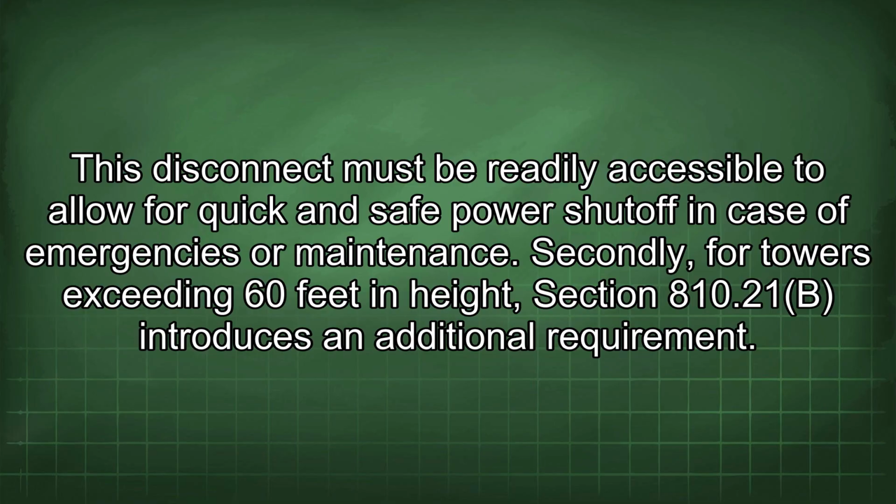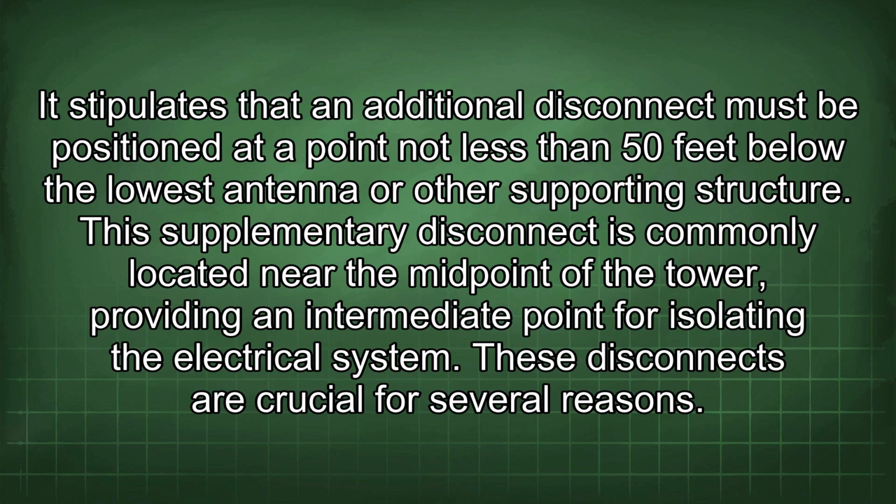Secondly, for towers exceeding 60 feet in height, Section 810.21b introduces an additional requirement. It stipulates that an additional disconnect must be positioned at a point not less than 50 feet below the lowest antenna or other supporting structure. This supplementary disconnect is commonly located near the midpoint of the tower, providing an intermediate point for isolating the electrical